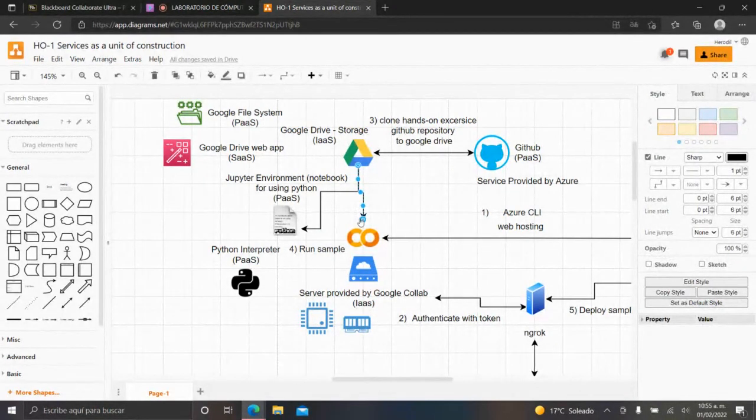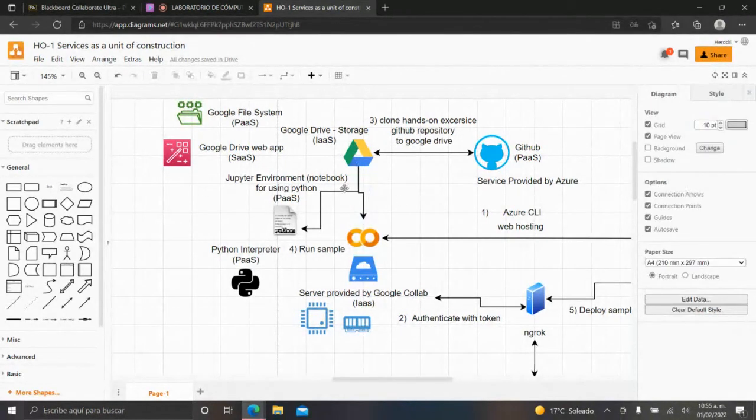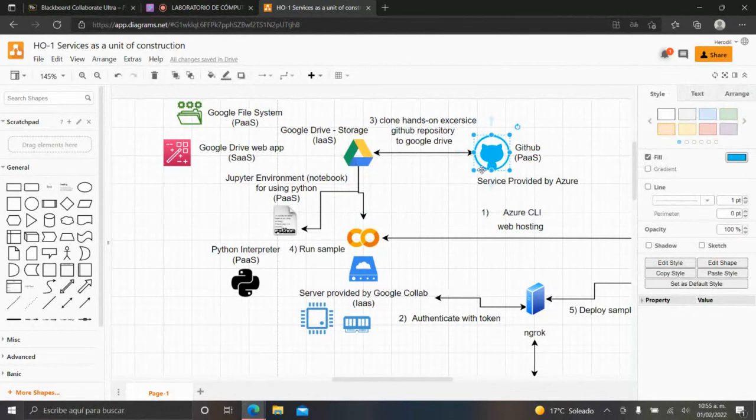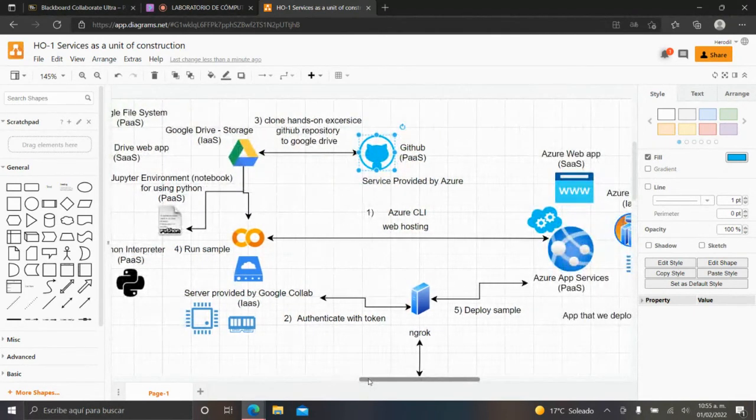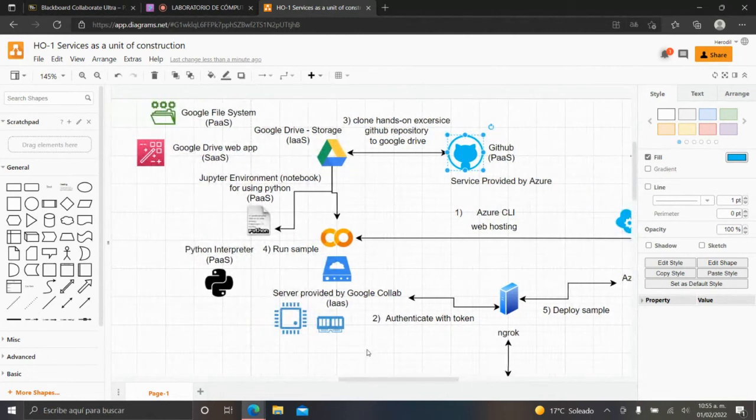Okay, and then you need an arrow, again, from GitHub to the storage with the code of the application provided by Azure, which was cloned in the Google Drive, but it didn't appear in the notebook. Do you remember that? You see, at first we went to GitHub